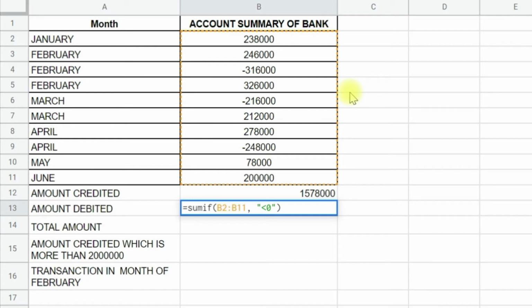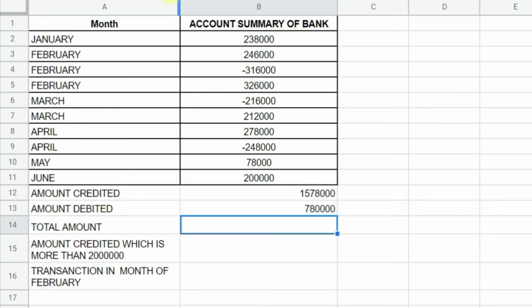So we'll add the ABS function before SUMIF. That's the absolute function that makes the negative value positive. So we add the ABS absolute function to the SUMIF function, and now it's positive.